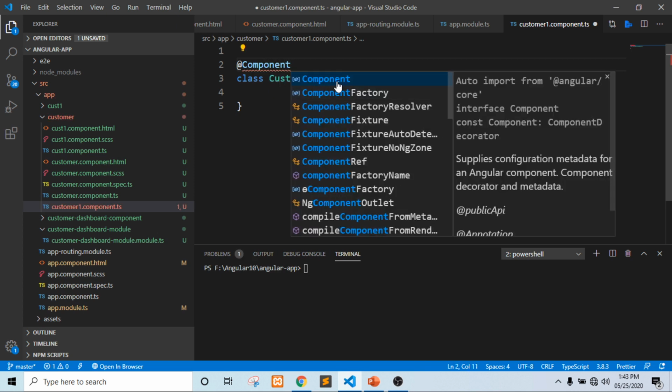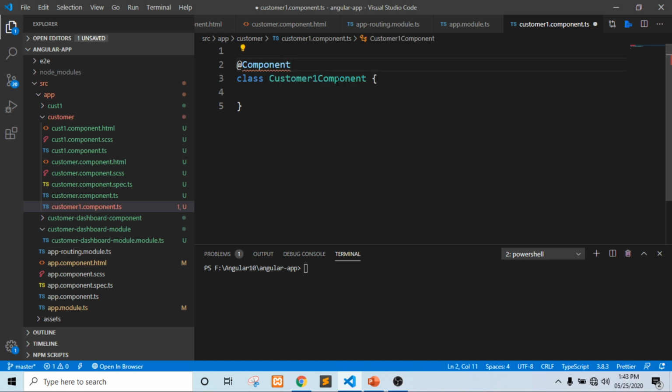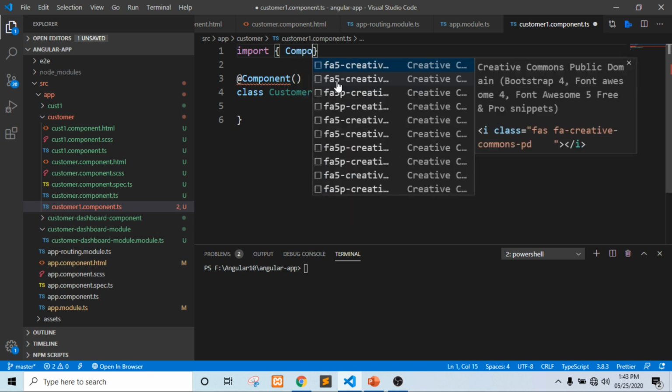Angular has provided different decorators for specifying whether a TypeScript class is a module, a component, a directive or a pipe. So for categorizing this class as a component, we need to decorate it with the @Component decorator. First we need to import Component from @angular/core.